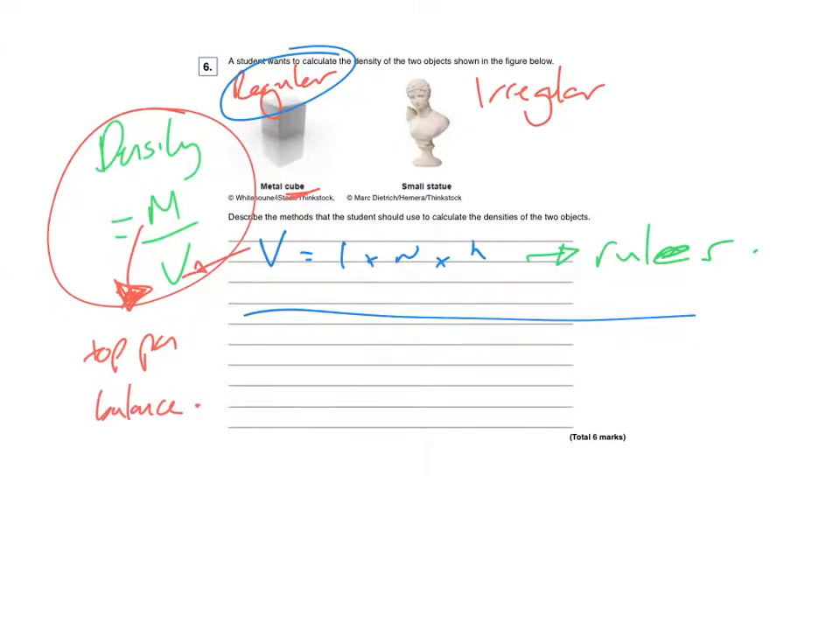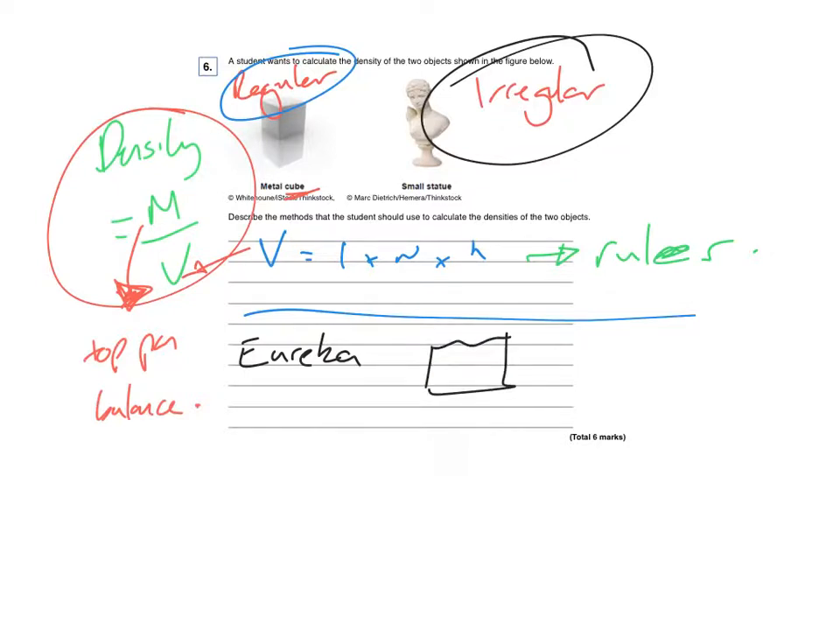Let's have a look now at the irregular object. Well, in this case, what we normally do is put it into something called a Eureka can. I can understand why some people maybe didn't say that, or a displacement can, because the statue is potentially quite big. But the same principles apply. Fill up a container full of water up to the brim. We dunk our little statue in here,